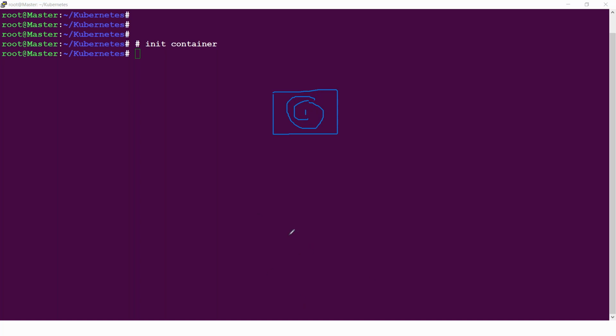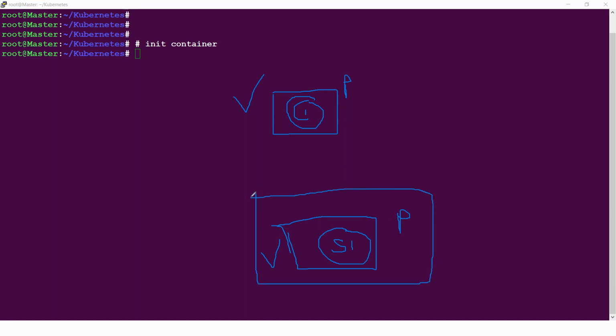This is my business application running inside container one. So what was the question? If I have another pod and inside that there is a container 2, which is my sidecar container. So this is my pod and this is my another pod. This is my main application. This is my sidecar container, which is residing in the another pod. We can call the services from the another pod also, but for that purpose, we have to expose this pod as a service,